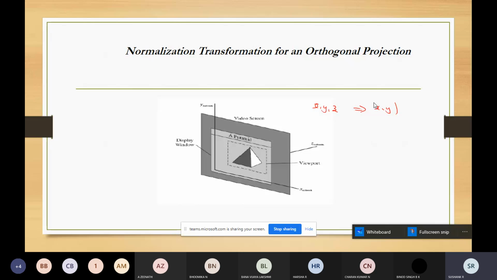Either you can use it from 0 to 1, or if you want a symmetric cube, the coordinates will be in the range of -1 to +1.